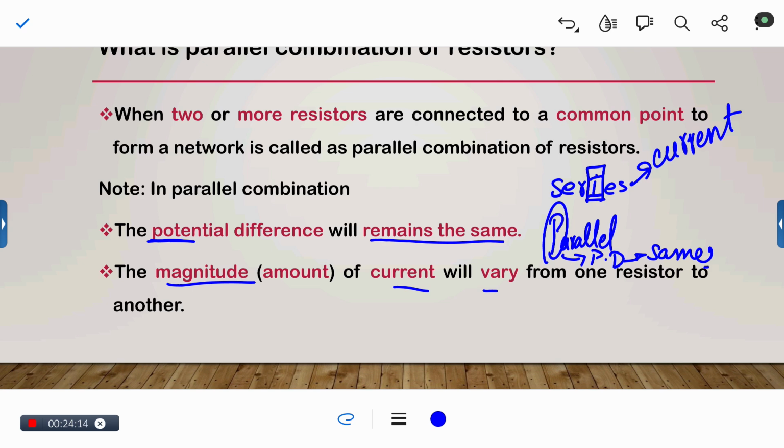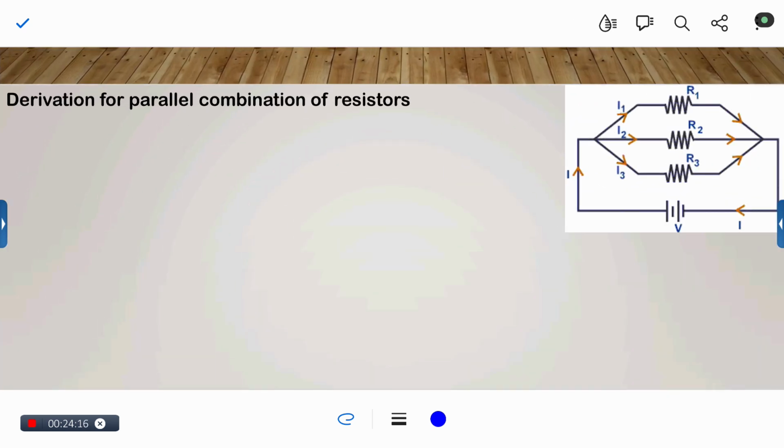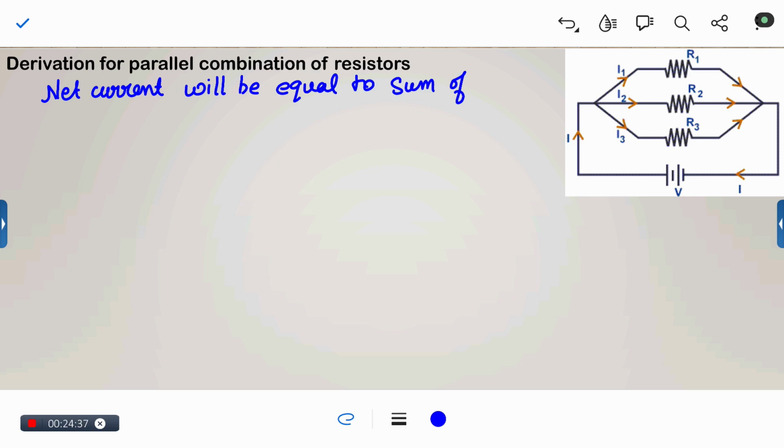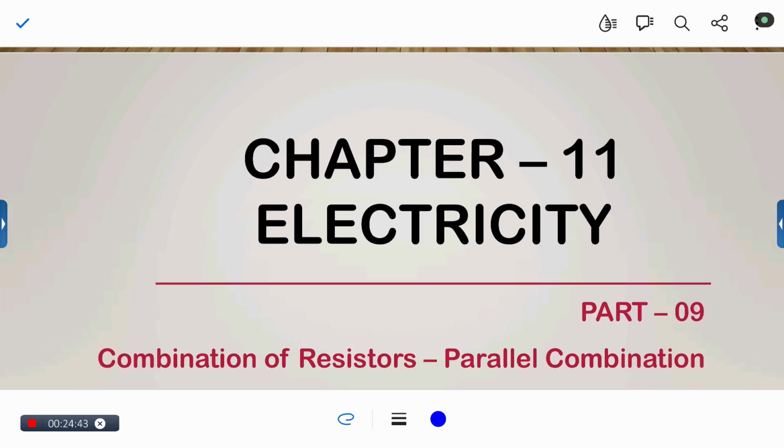Clear? Now, there is the expression for net resistance in parallel combination. So we can say that the net current will be equal to the sum of current passing through each resistor. In the first derivation we gave, for a series,